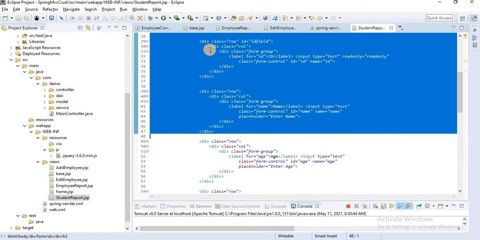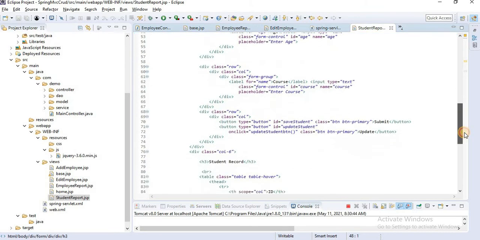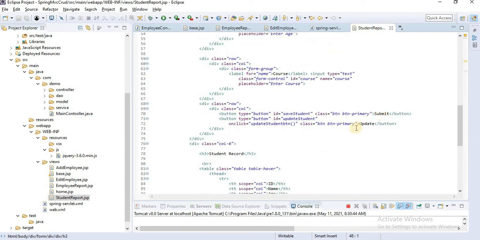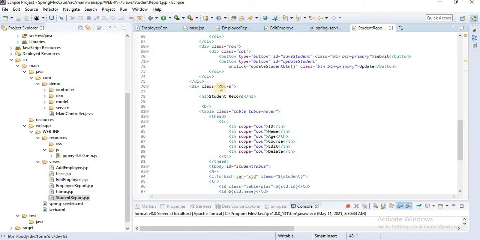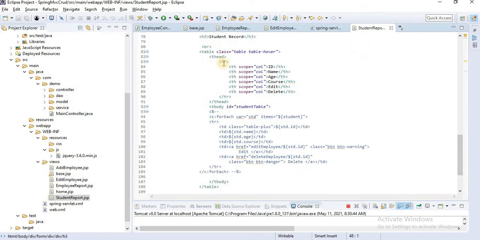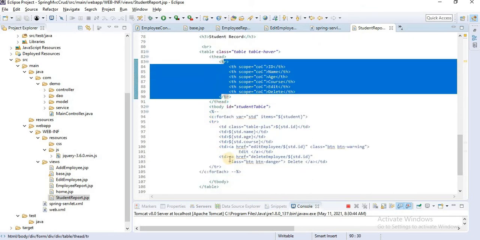In that form we define a few fields: id, name, age and course. Then we define two buttons, submit and update. In the second column there we define a table. Inside the table we define a table heading and table body.